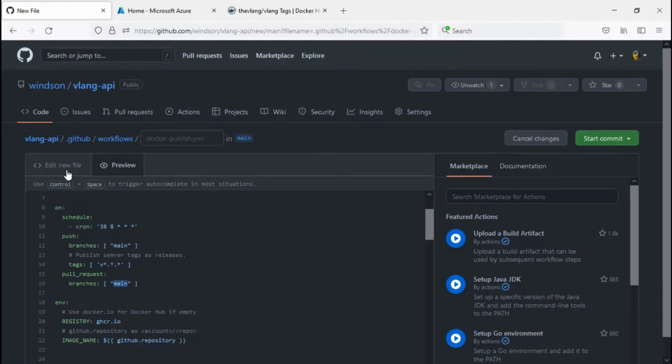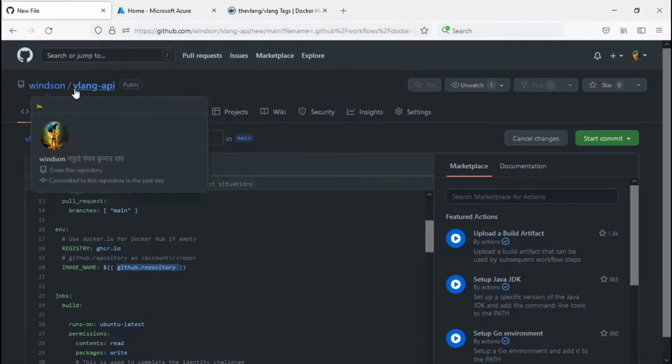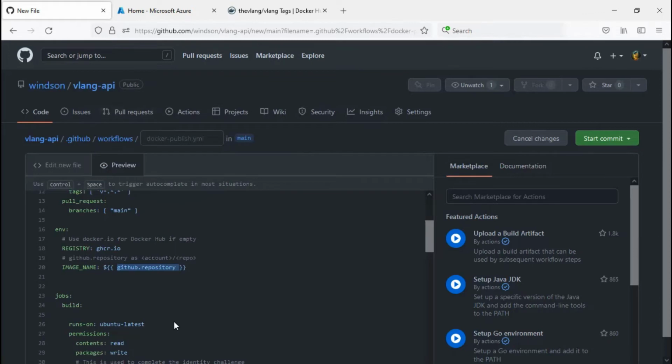If you look further down, you will see the environment section, which is pointing to the registry ghcr.io. When it comes to the image name, it is the environment variable github.repository, which is Vincent/VLAN-API in my case.